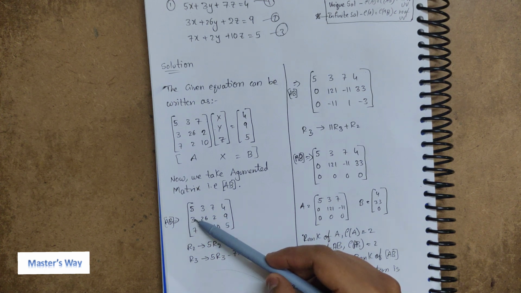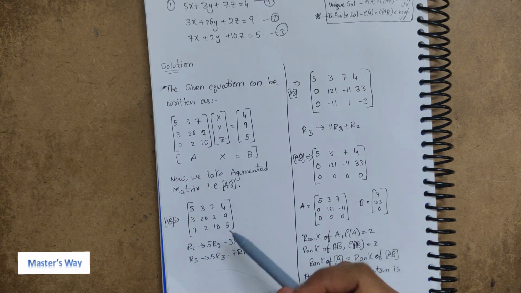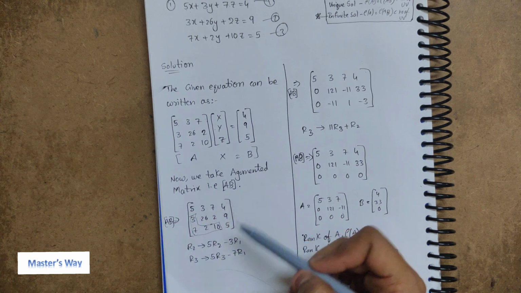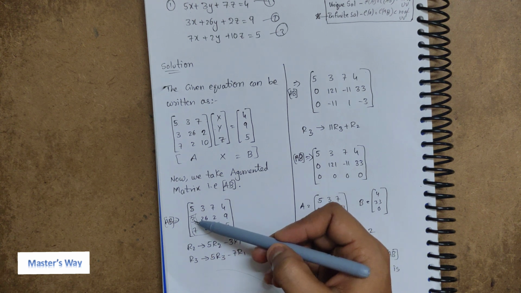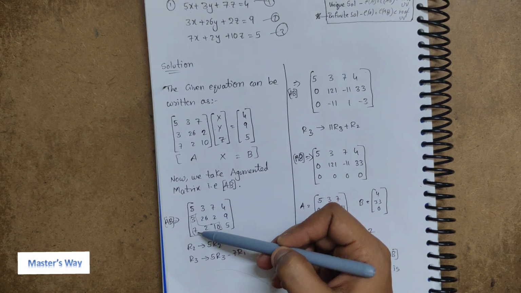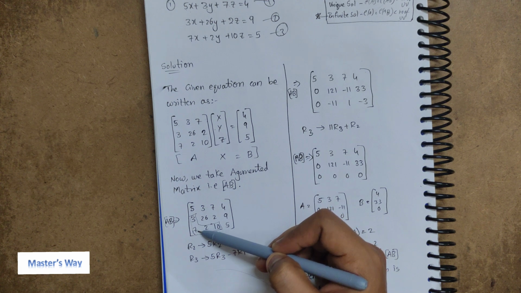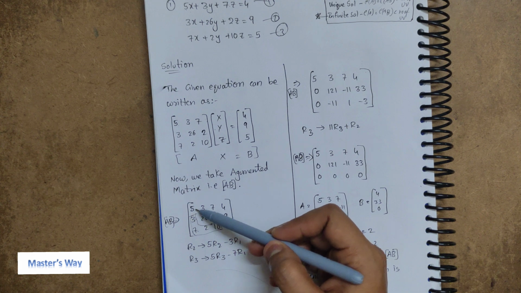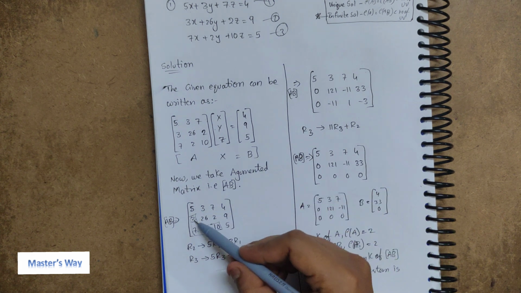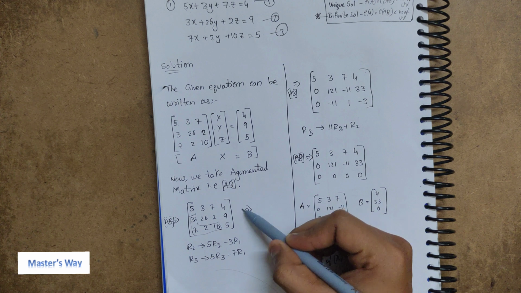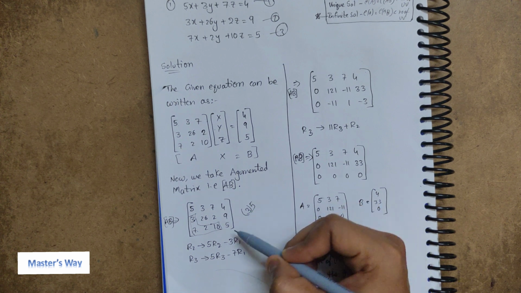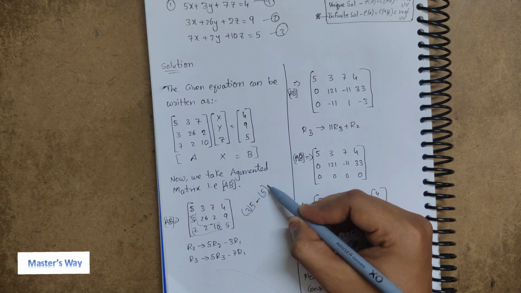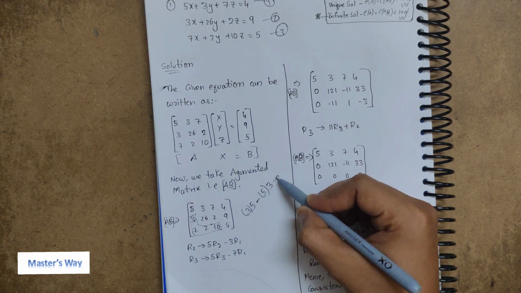Now we need to make these things 0: these 3, 7 and 2 and 10. How can we make this 3 to 0 and how can we make this 7 to 0? If you see, we can't do minus 3 minus 5 to become 0. Let's do one thing. We will take this 3 and it should be multiplied with minus 5, and this 5 we will take and this should be multiplied with 3. Then it will become 0.